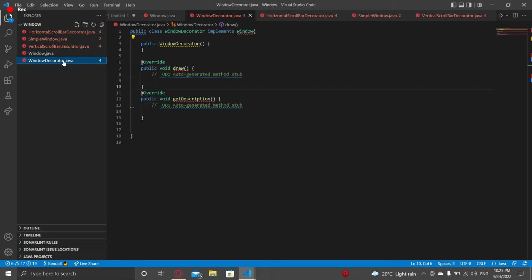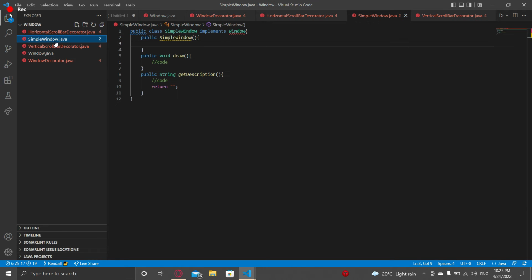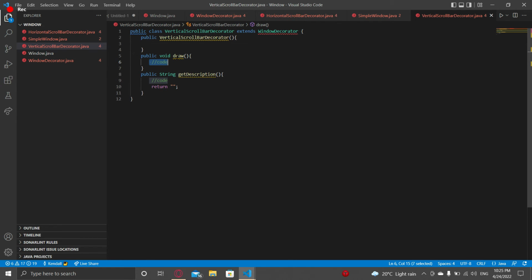Window Decorator will only have the override of the methods that are in Window, and simple window will only have the extension because it doesn't have any functionality. But vertical scroll bar will extend Window Decorator and will have the implementation of the code of draw and get description. Also, horizontal scroll bar has